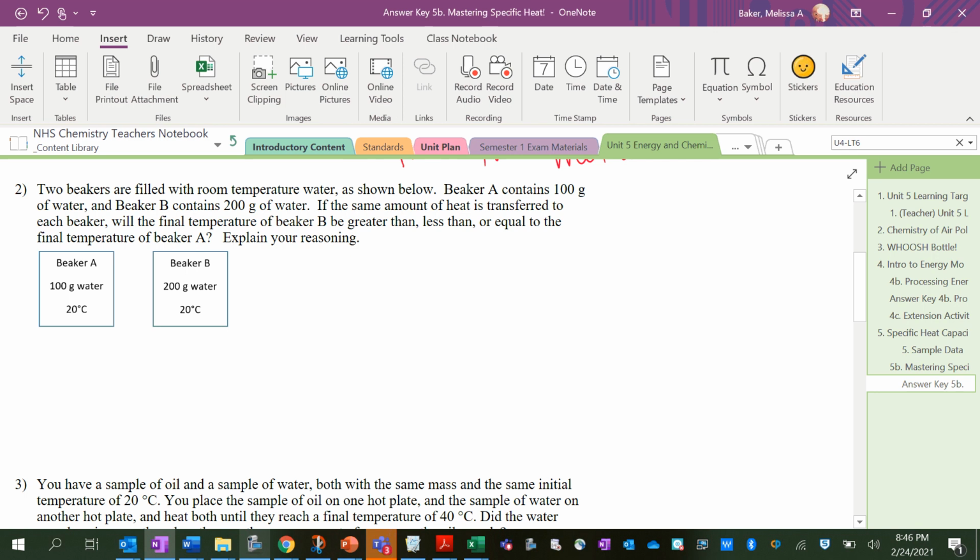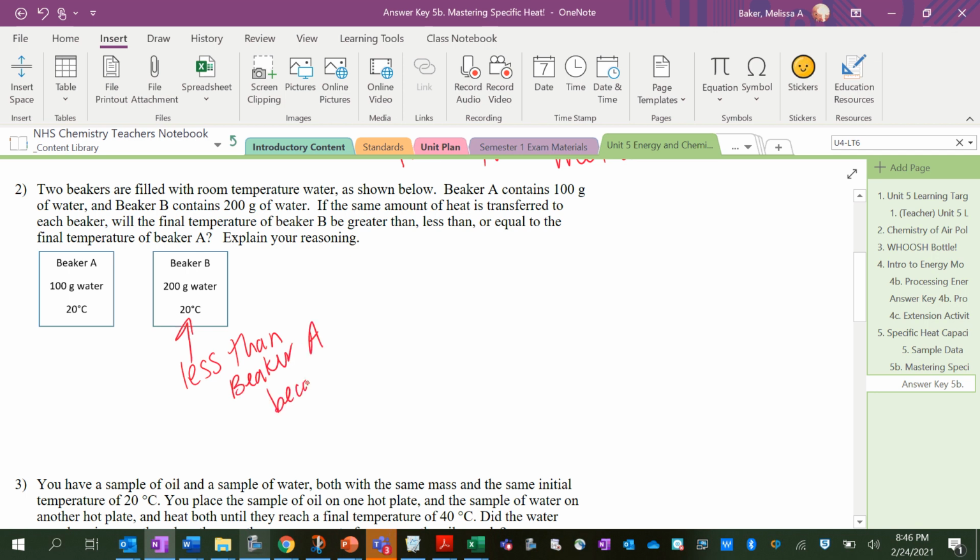All right, two beakers are filled with room temperature water. Beaker A contains 100 grams of water. Beaker B contains 200 grams of water. If the same amount of heat is transferred to each beaker, will the final temperature of beaker B be greater than, less than, or equal to the final temperature of beaker A? Explain. The final temperature of this one is going to be less than beaker A